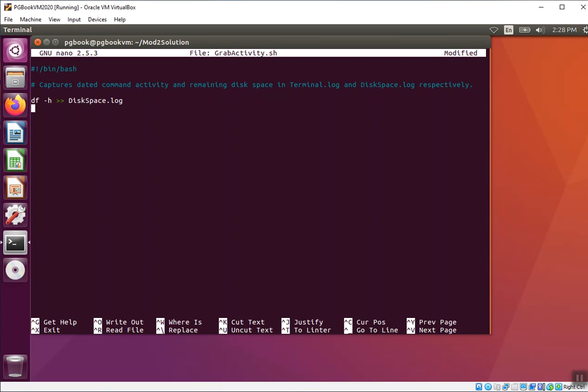But then I'm going to echo a line that says this ends disk space capture log. And I'm going to append that to the end of the disk space log. I'm also going to insert the date and append that as well to disk space log. Okay. Then just for my own sanity, I'm going to put a blank line in between there, and now we'll